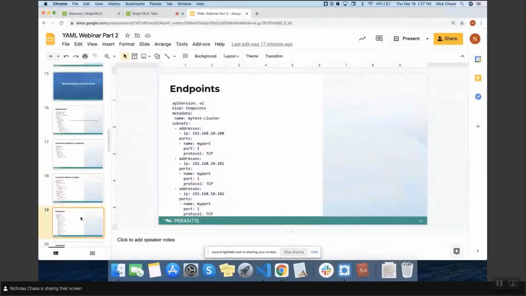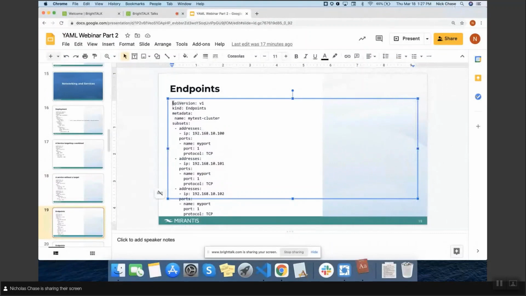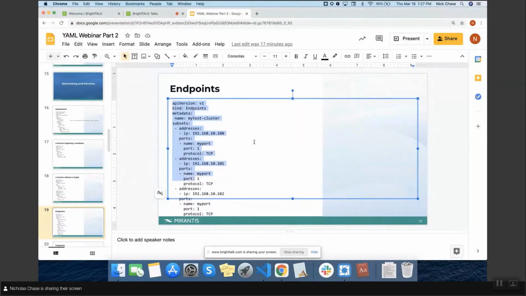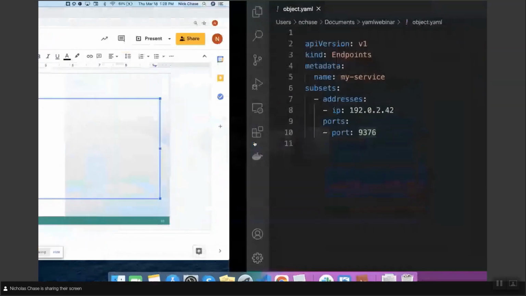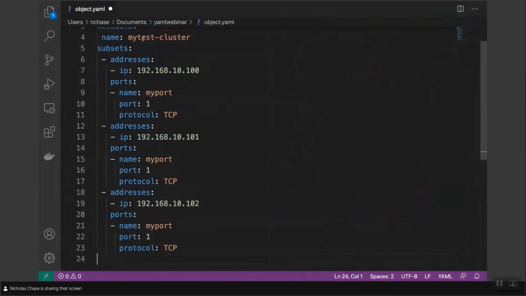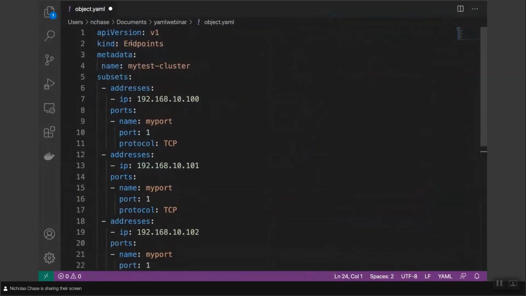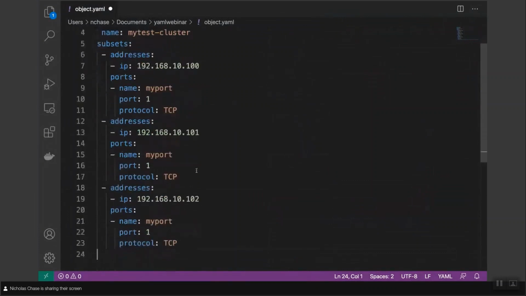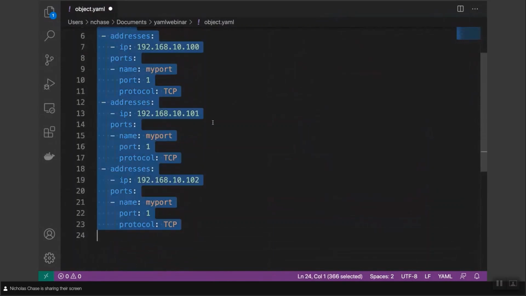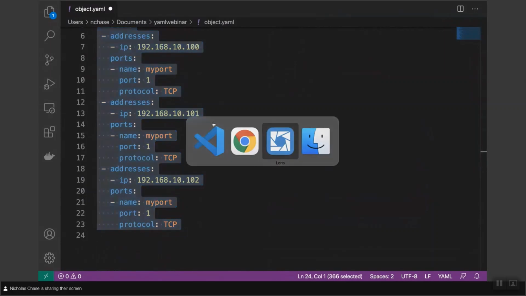to endpoints. This is why I was thinking 3, because I have this document right here. I have this document here where we're actually going to go ahead and specify 3 different endpoints. So let's look at this. We're specifying endpoints, we're naming them, and then we've got different IP addresses, but each IP address has the same standard set of ports. Okay, so if I were to go ahead